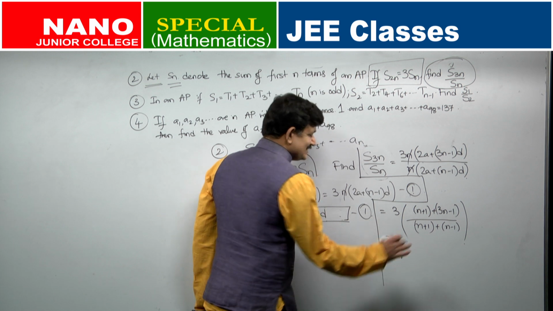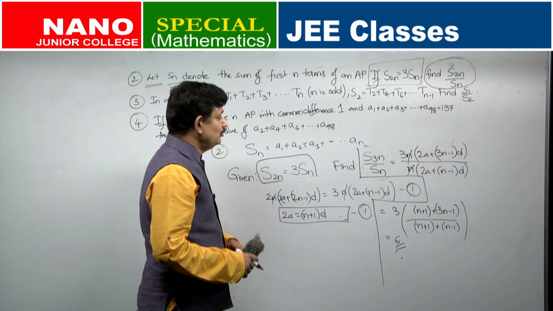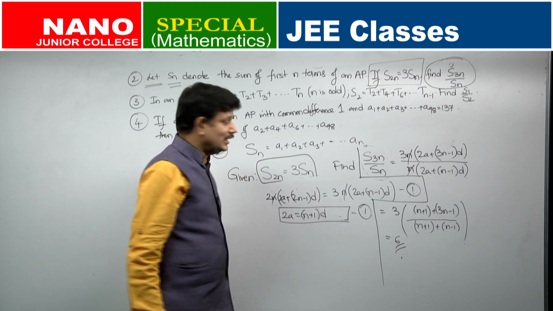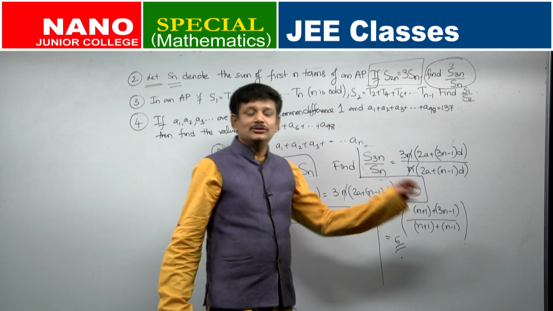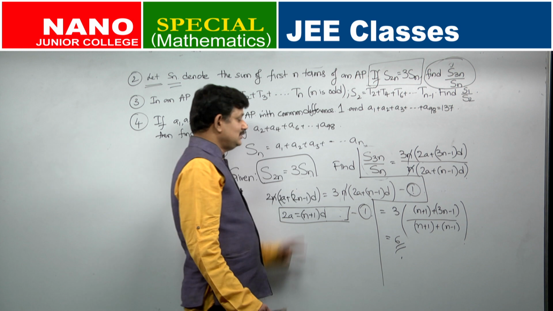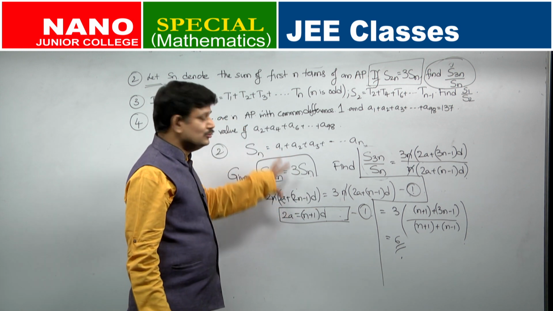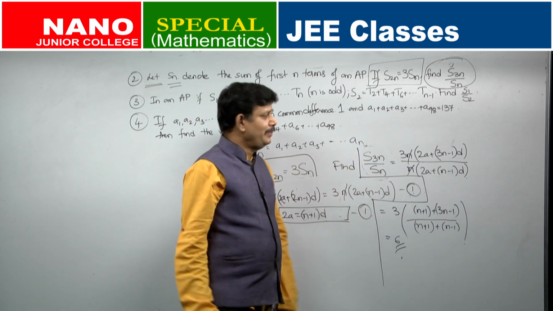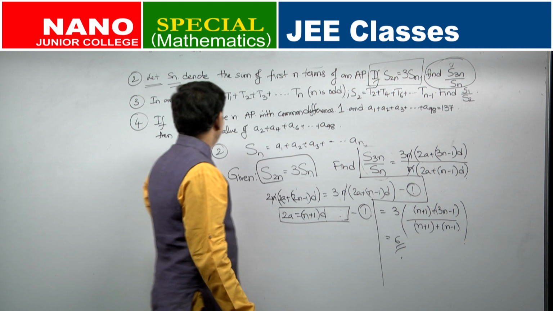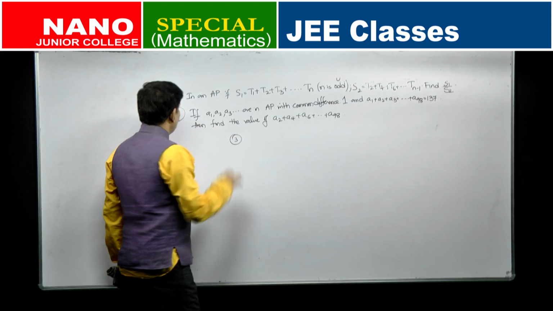3 into 2, 6. So, do not try to write too many steps, try to do the calculations mentally. So, still we were able to condense some steps, but in the previous question directly you were able to see and get the answer. So, once you practice your visualization, things will even be very simple. Okay. So, a stage should come where you do this question in minimum amount of steps, and even better is a stage where you can do that question orally, verbally. So, without use of any pen and paper. Let us look at next question.